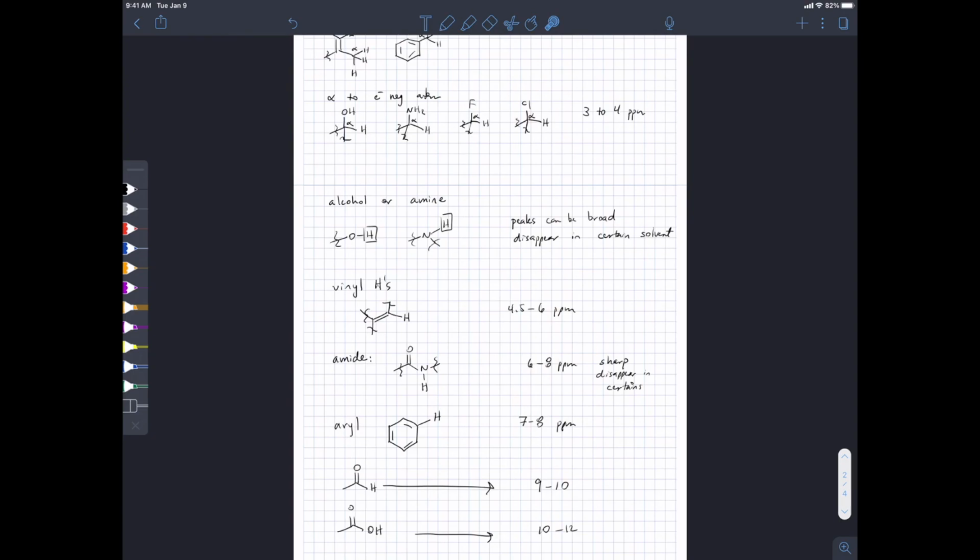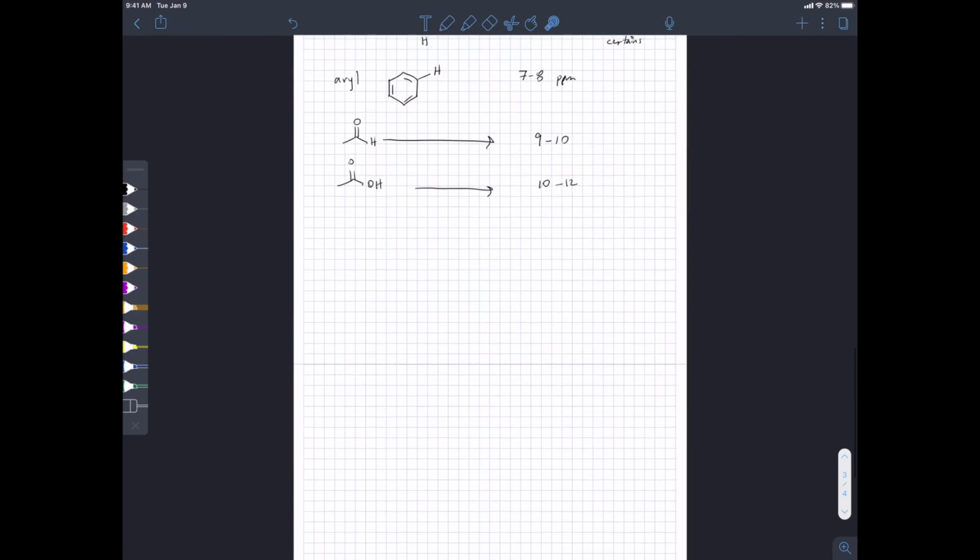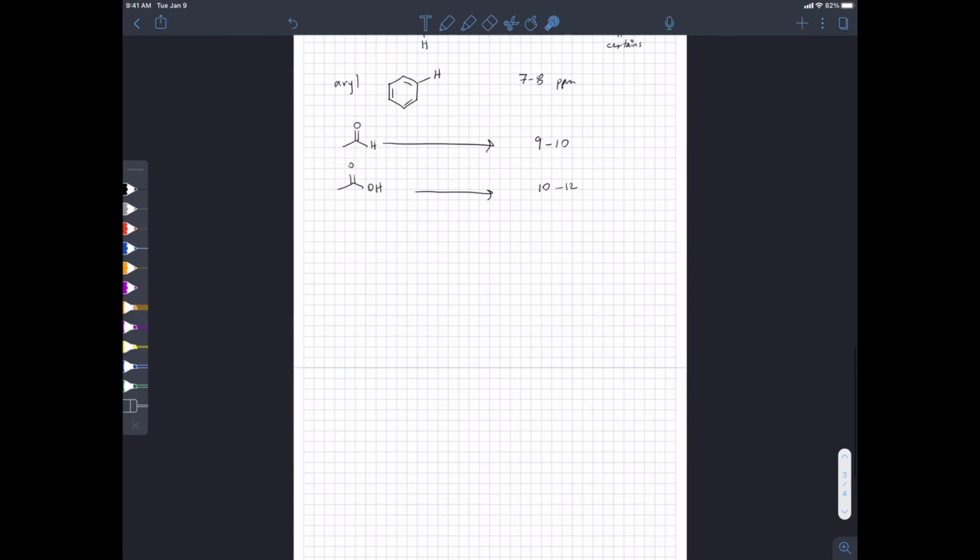But yes, a proton that is adjacent to multiple functional groups will have its chemical shift affected by those functional groups. As an example, consider a proton in between two carbonyl groups. I don't know what the NMR spectrum of this molecule is. We could look it up. It's known, definitely. But you would expect these protons that are alpha to two carbonyls to have